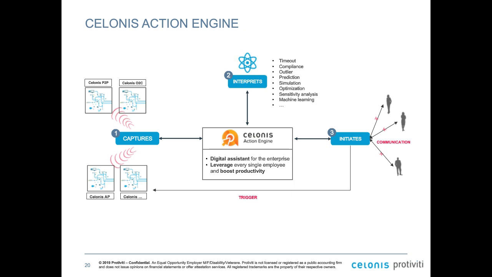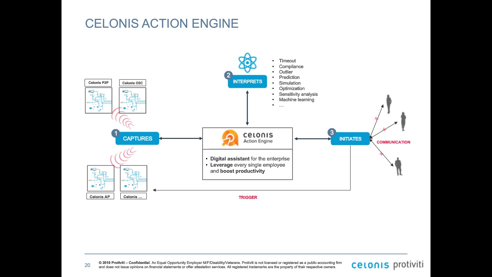Now, we learn about these duplicate payments, and it's great to know about them and that it happened in the last 10 years, but we obviously want to try to avoid them. So Celonis learns what a duplicate payment is and what it was in the past, and now can, in the moment that a duplicate payment is about to be done, trigger a certain action to say to the employee, hey, you're doing a duplicate payment. Please stop that or reconsider.